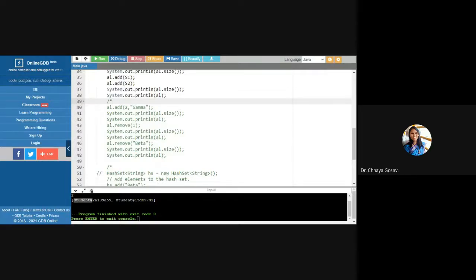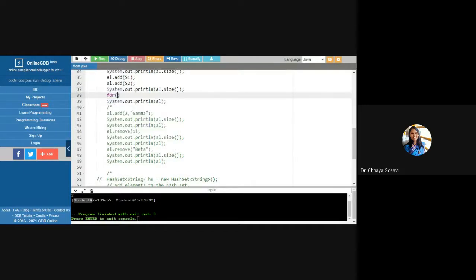After printing, if you want to check the contents of that particular array list, you need to use an iterator, or you have to print it in a for loop, because it is not an in-built variable. AL dot size gives you the size of your array list, I plus plus.